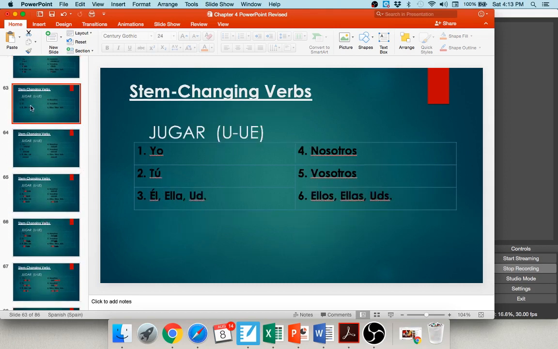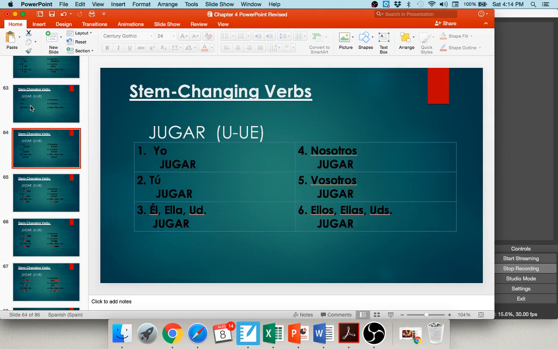There's only one verb in the whole Spanish language that has the last type of stem changer we're going to be discussing in this class, and that is a U to UE stem change. The only verb in the whole Spanish language that has a U to UE stem change is the verb jugar, which means to play, as in to play a sport. To conjugate jugar, we're going to carry down our verb into our boxes. We're going to change our U to a UE everywhere that it's inside the boot.